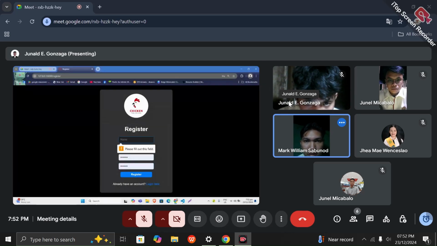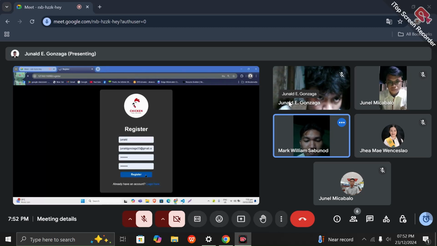You see the tag sign: please fill out this field. Let's type our name, and once you're done filling out all fields, click the registration button and you go directly to the login form.